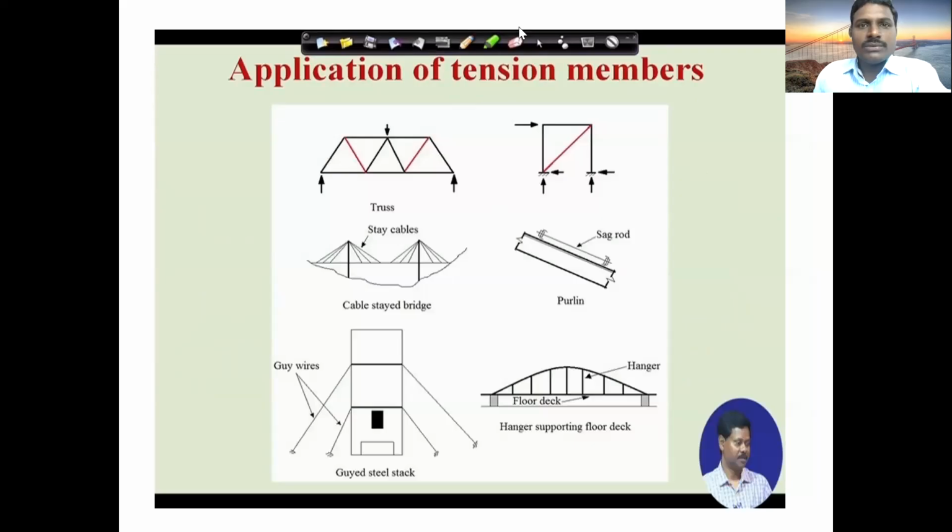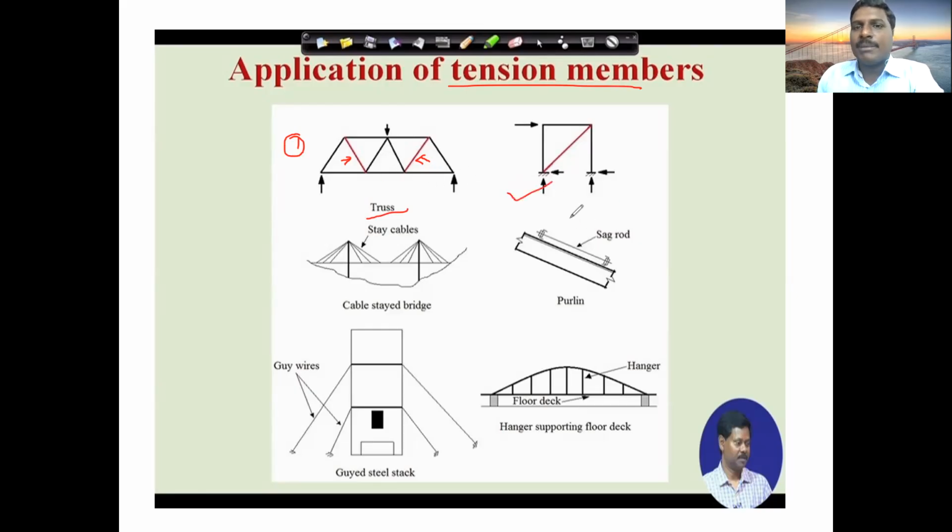Okay, so now if you see here, applications of tension member, it means where we can use the tension member. The first one is the truss. If you see here, red indication is given. You have analyzed this truss in engineering mechanics, so you know in which member tensile force is there. For this tensile force, we are providing a tension member for that much load. So the truss is one of the applications where we can use tension members.